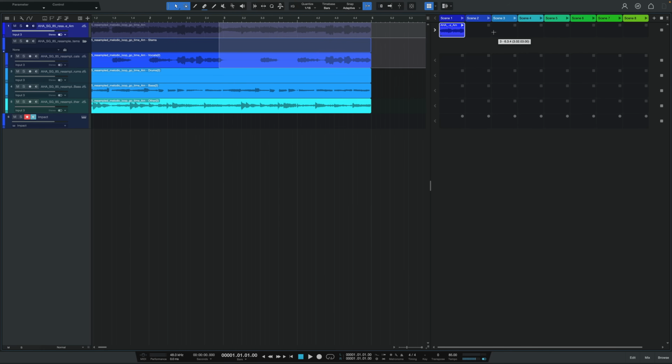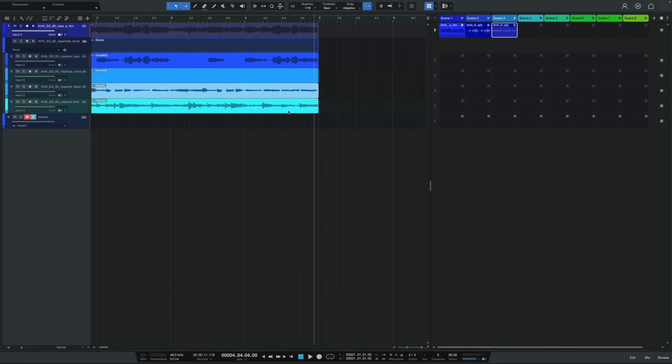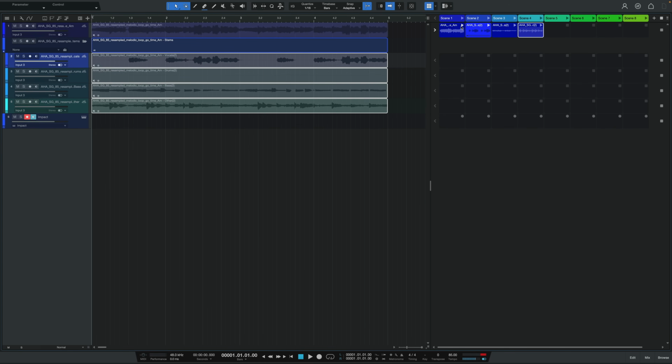Now from there, I can decide to maybe separate the stems here for this loop and then drag every individual part into a different cell to get that separation. And so the way that works is I'm going to simply drag that into here. Boom, there it is. Let's do the bass. And so now I can choose to either play the entire sample by pressing play on this one cell,